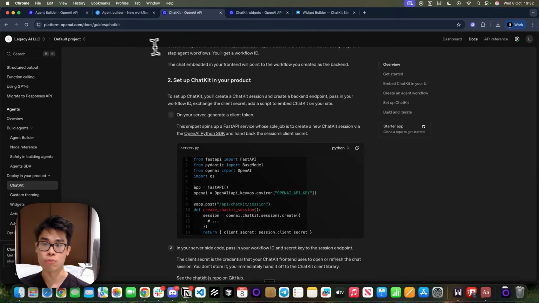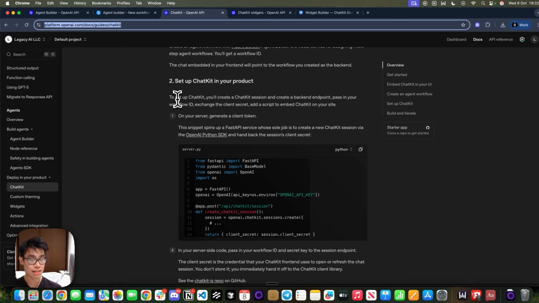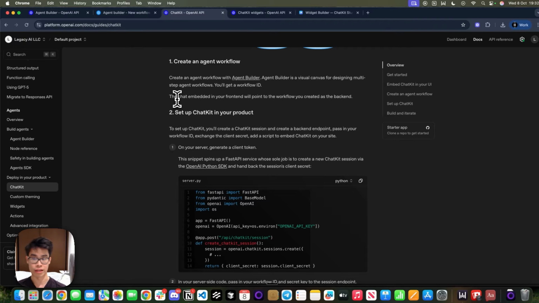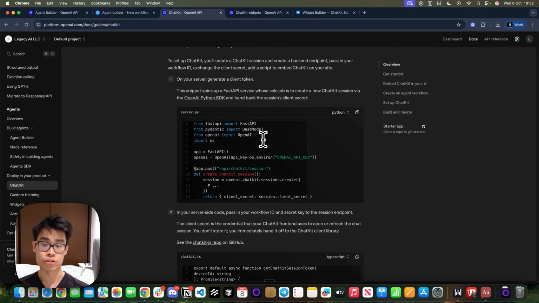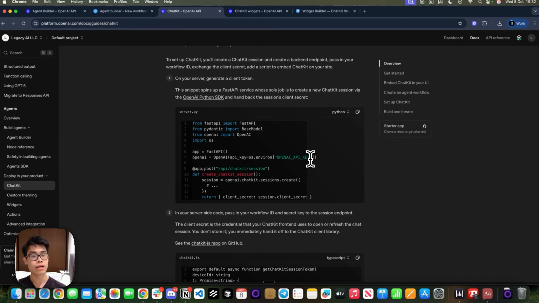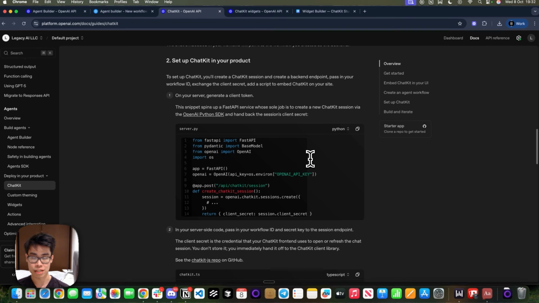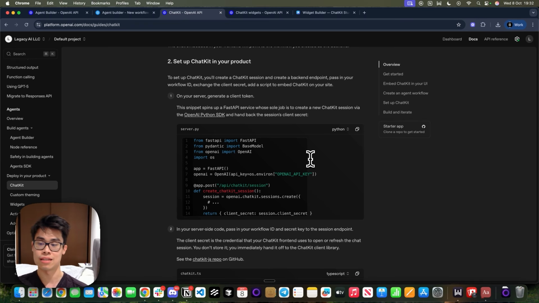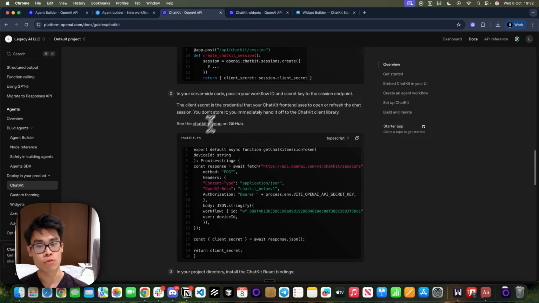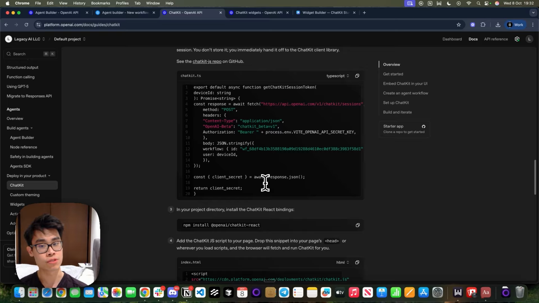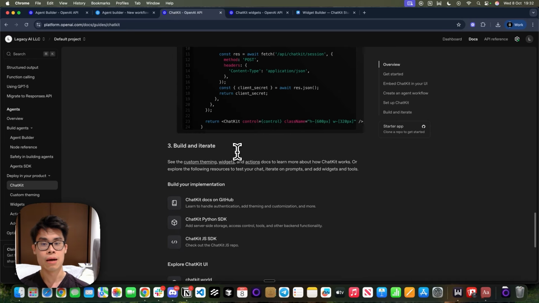And the way you do that, I would literally just walk through the guide. It's a little bit more complicated than just clicking some buttons. It does require you to run some code, but it's pretty straightforward because they already provide you some of the code. You just need to change some of the variables like the API key. If you want, I can go through this in another session, but I hope this masterclass, at least this tutorial, is more focused on building the agents themselves rather than deploying the agents. But if you want to go through this documentation, follow step by step, copy paste the code, use ChatGPT if you don't understand the code, you should be good. But essentially,